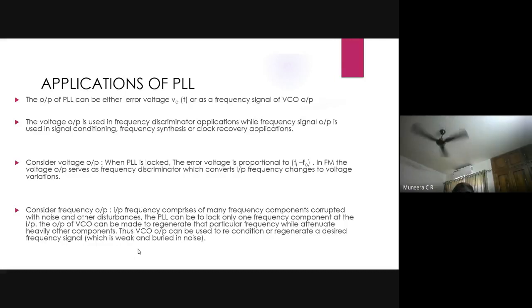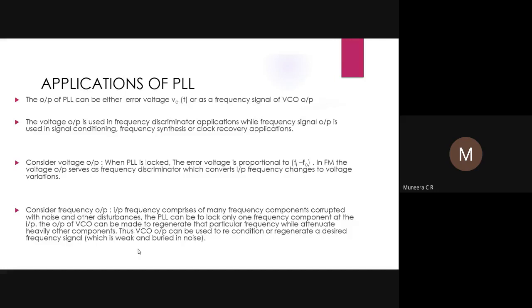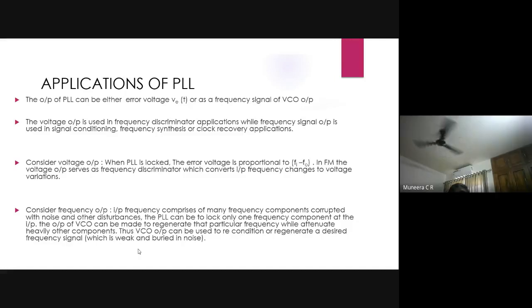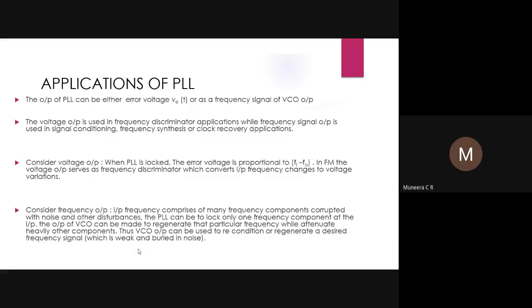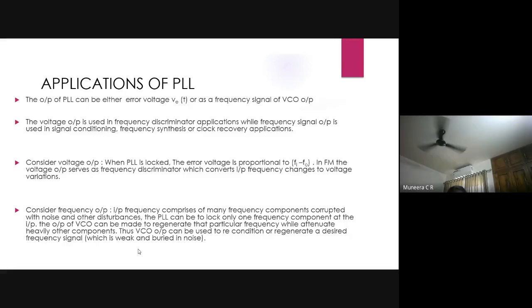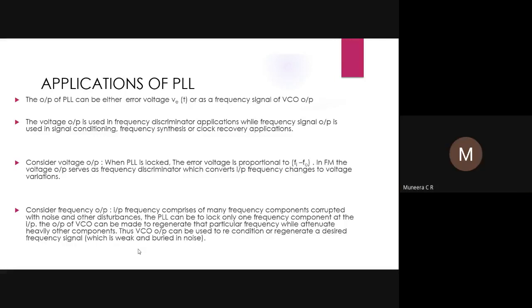Thus, the VCO output can be used to recondition or regenerate a desired frequency signal which is weak and buried in noise. So, we are only selecting a particular frequency, that is our wanted frequency, from the group of incoming frequencies